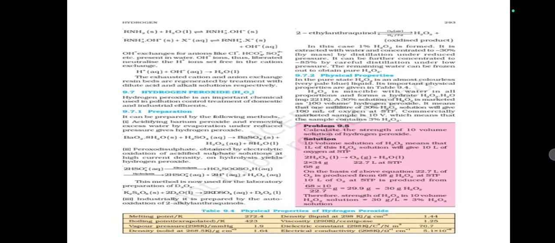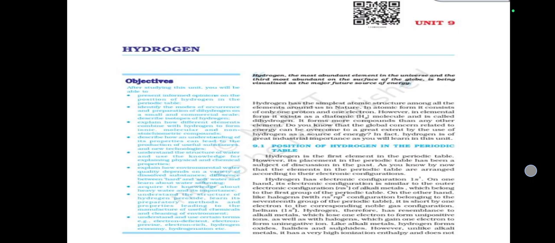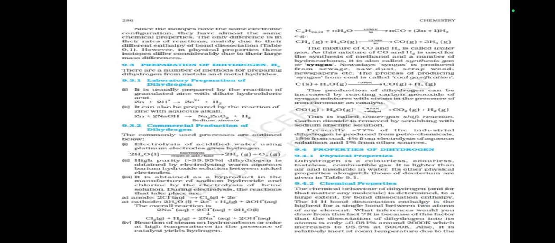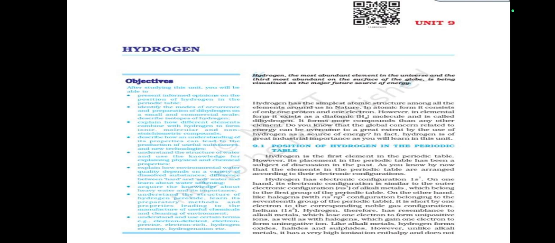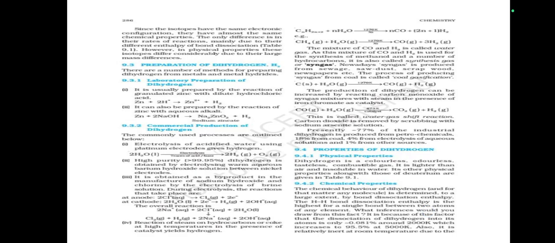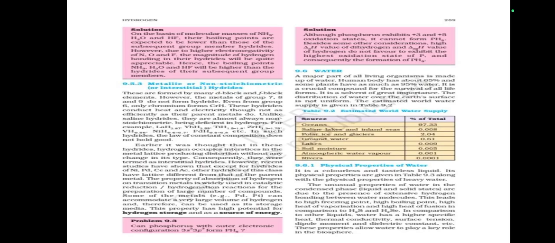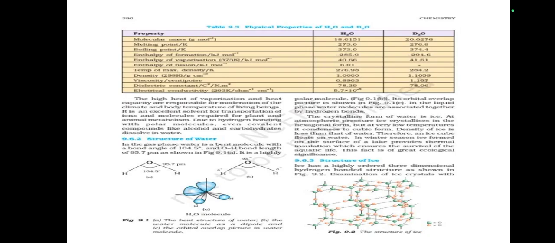तो यहाँ पर हमने हाइड्रोजन वन शॉट सीरीज में स्टार्ट किया था। हाइड्रोजन चैप्टर 9 यूनिट है, 11th क्लास की केमिस्ट्री स्टार्ट की थी हमने, जहाँ पर हमने हाइड्रोजन चैप्टर वन शॉट सीरीज में कंप्लीट किया है। तो हमने पहले से देखेंगे क्या क्या हमने देखा। पोजीशन ऑफ हाइड्रोजन इन द पीरियोडिक टेबल, देन डाइहाइड्रोजन देखा, आइसोटॉप्स ऑफ हाइड्रोजन देखा, देन प्रिपरेशन ऑफ डाइहाइड्रोजन देखा, लैबोरेटरी प्रिपरेशन ऑफ डाइहाइड्रोजन, कमर्शियल प्रोडक्ट ऑफ डाइहाइड्रोजन, properties of dihydrogen, physical properties, chemical properties, then uses of dihydrogen, then dihydrides, then ionic and saline hydrides, then covalent and molecular hydrides, देन उसके बाद हमने देखा मेटेलिक एंड नॉन स्टोइकोमेट्रिक हाइड्रेट्स, देन उसके बाद वाटर देखा, फिजिकल प्रॉपर्टीज ऑफ वाटर, स्ट्रक्चर ऑफ वाटर, देन स्ट्रक्चर ऑफ आइस,